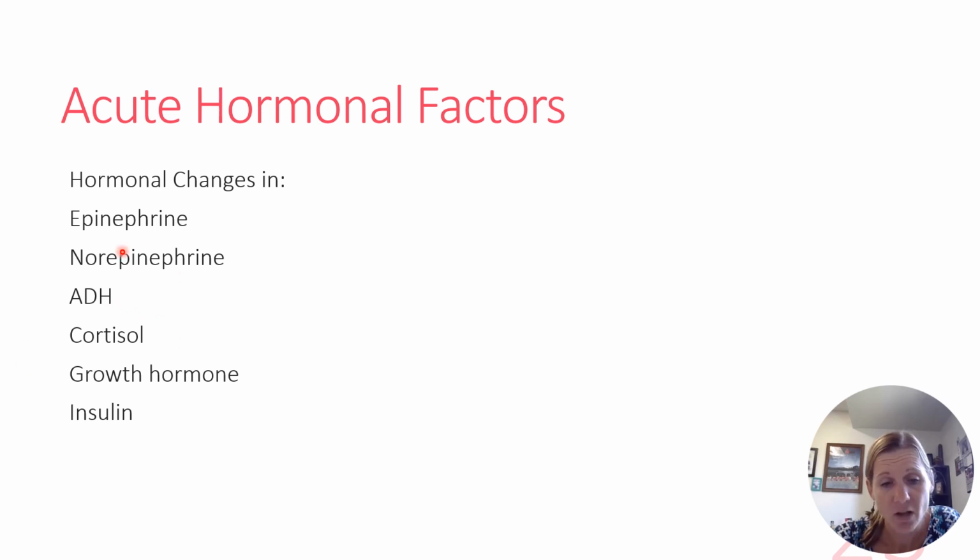Okay. Cortisol, we know, is a stress hormone that will be released. That's going to assist us with the recovery process following that exercise bout. Same with growth hormone. That's going to help us with the recovery process, maybe more diurnal in nature as it relates to the release of growth hormone. However, it will assist us in recovery from the exercise, particularly when we sleep. Insulin's going to decrease because we know that insulin's job is to help us store sugars. We don't want to store sugars when we're doing exercise. We want to get sugars out of storage so that we can utilize them. So therefore, we need to decrease insulin appropriately.